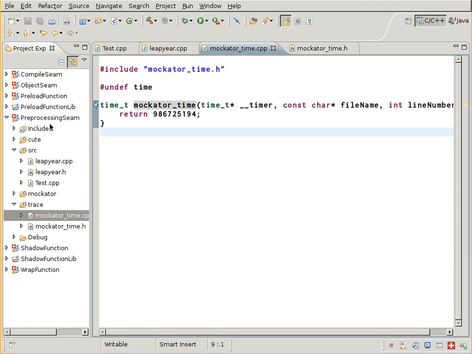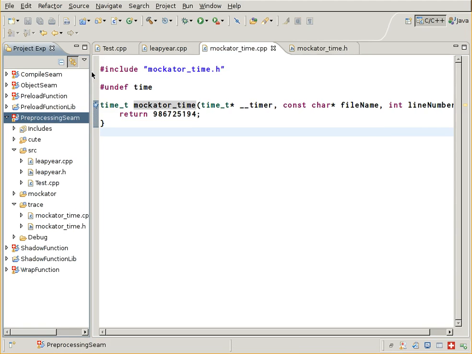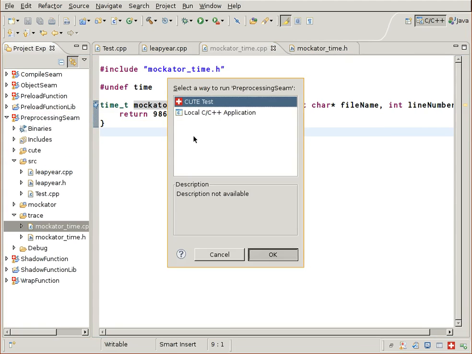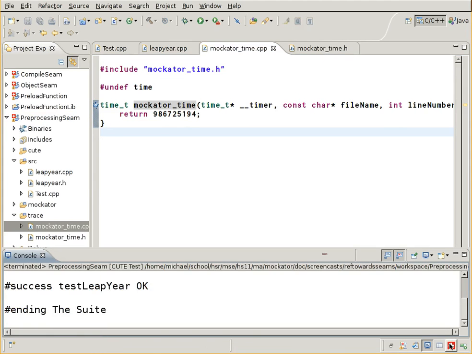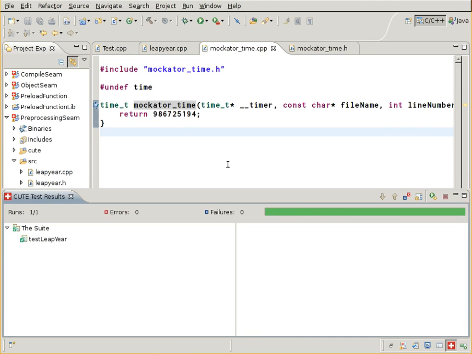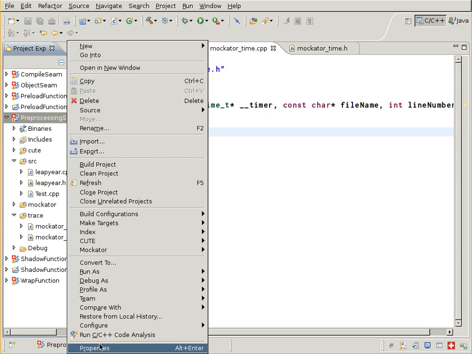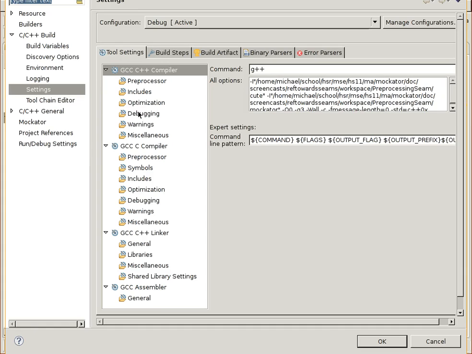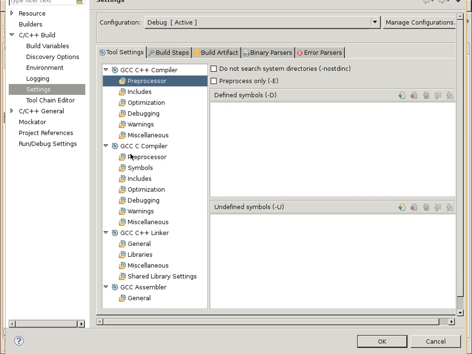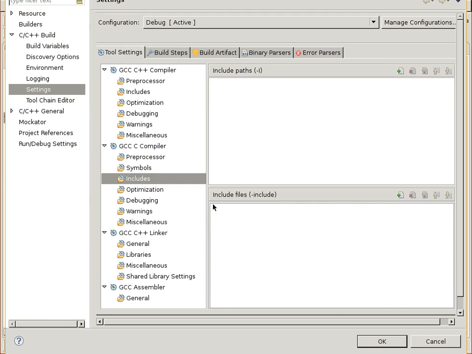So this works by including this header file into every translation unit via the inclusion of a file here. We don't have it activated now, but if we activate it again, we would see it here in the project properties that this file is included into every translation unit. So the calls to time are rewritten by the preprocessor to Mockator time. So this was the preprocessing scheme,